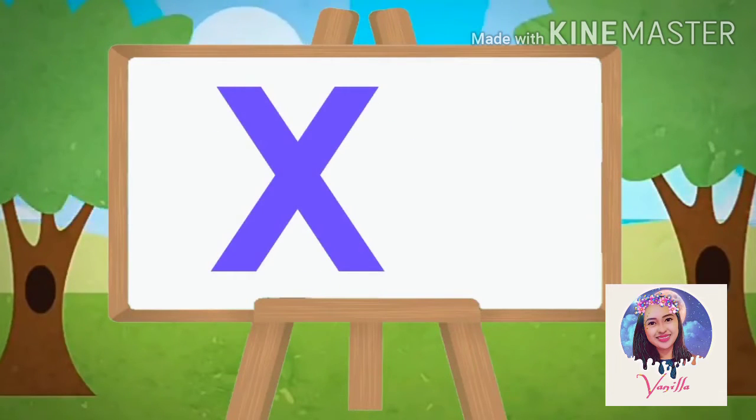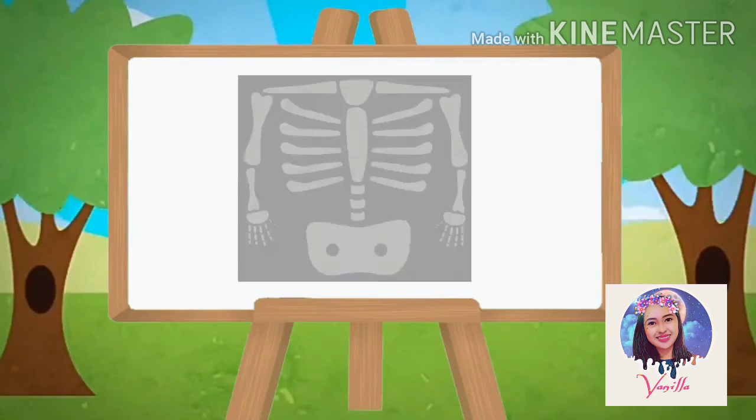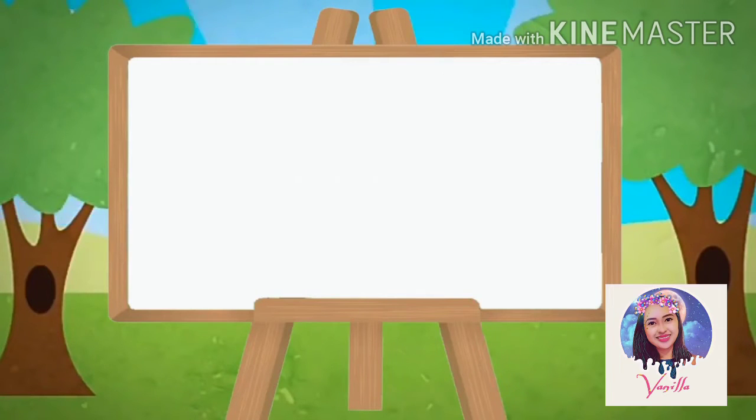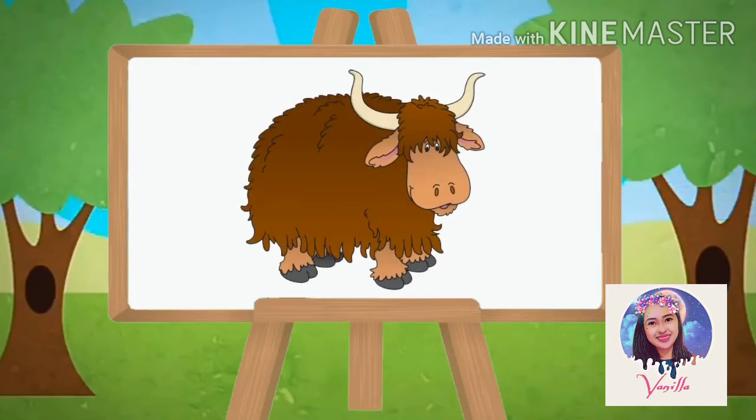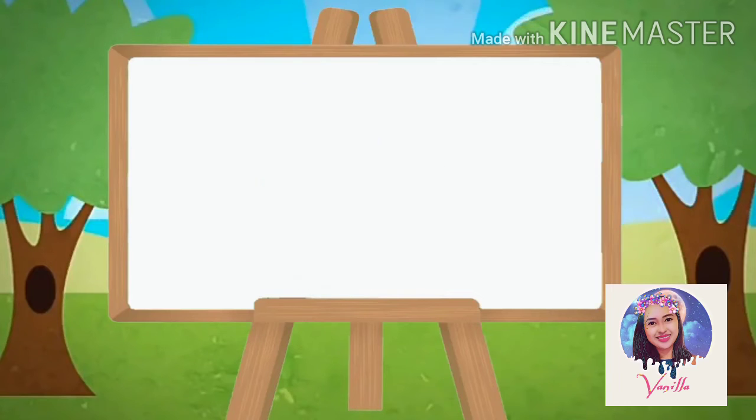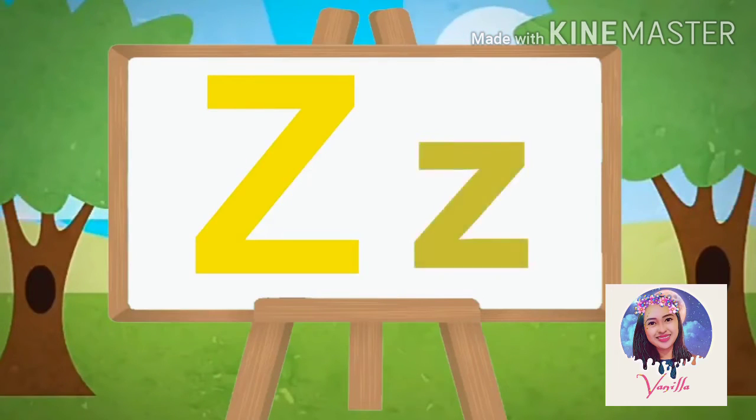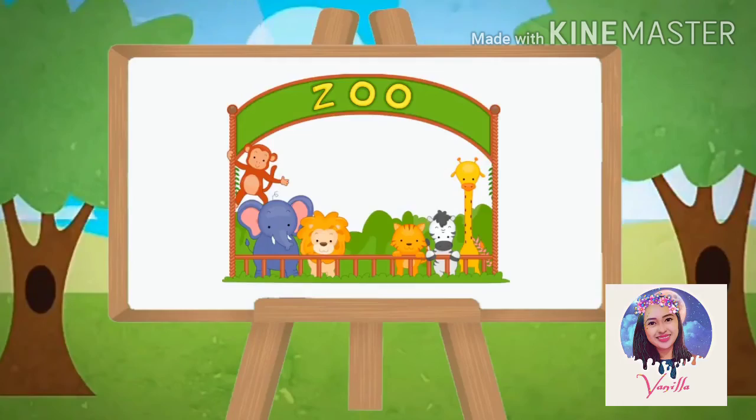Capital X, small x. X is for Christmas tree. X is for X-ray. Capital Y, small y. Y is for yak. Y is for yarn. Capital Z, small z. Z is for zebra. Z is for zoo. So kids, to help us remember more our capital letters and small letters of the alphabet,